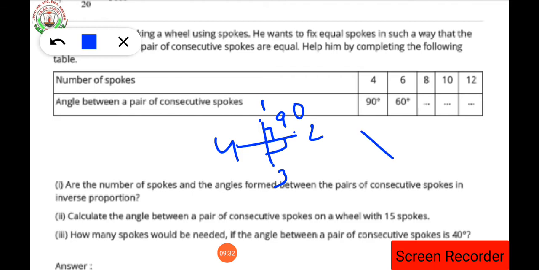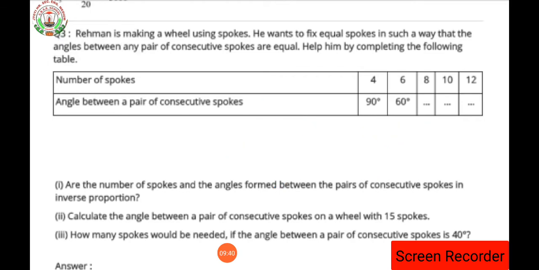If spokes will be 6, that is 1, 2, 3, 4, 6, then the angle will be 60. If the number of spokes will be 8, then the angle between the consecutive pair we have to find out. Understood what you have to find out? Then we also have to answer whether the number of spokes and the angles formed between the pair of